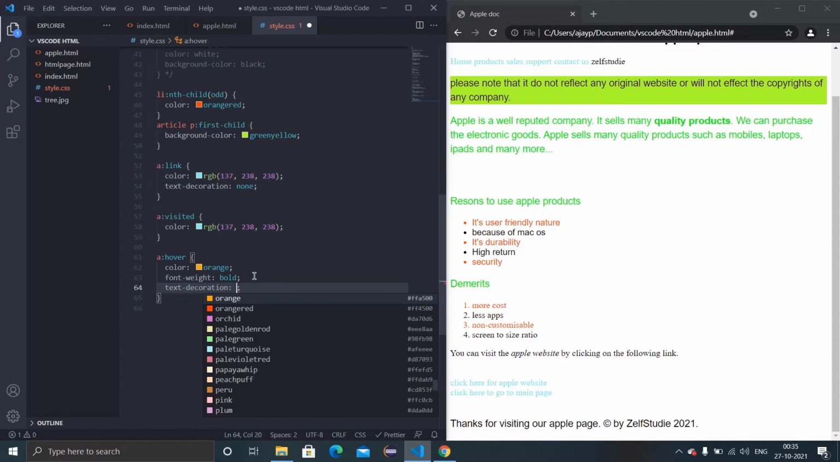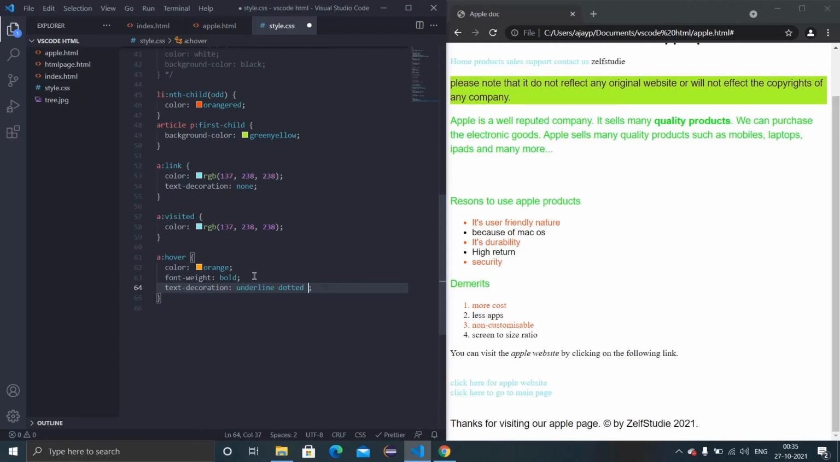interesting. If you provide here underline, space, you can give wavy, suppose, or dotted. Anything, and you can specify a particular color now. So you can specify this orange here itself. Instead of specifying it at the start, you can specify it now. So you can remove this,